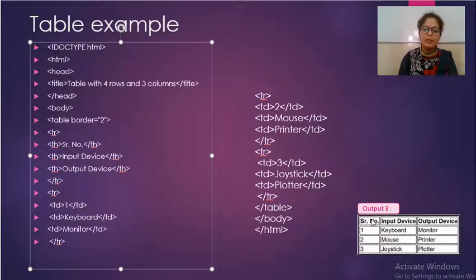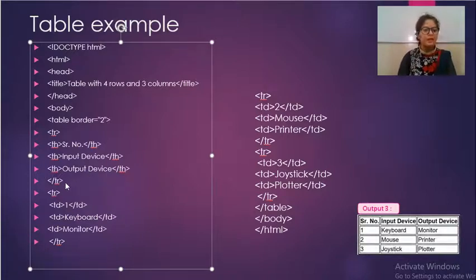Now we have created 3 cells, 1, 2, 3. Now we have to end that row and move to the second row. To end the row, you have to close the tr tag. So this is the opening of the tr tag, this is the close of the tr tag. This tag creates one single row.